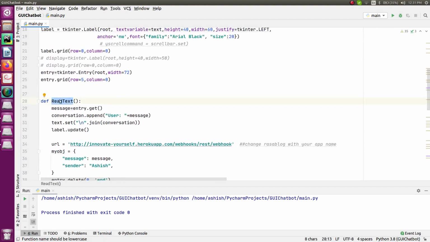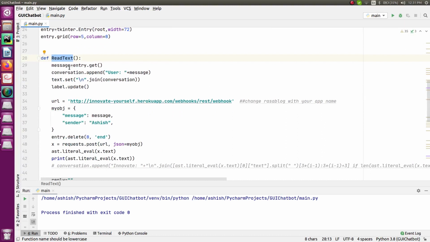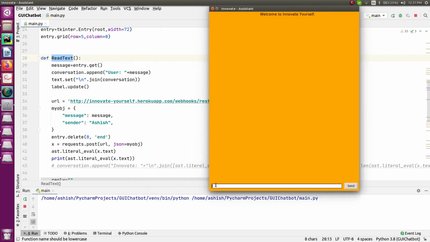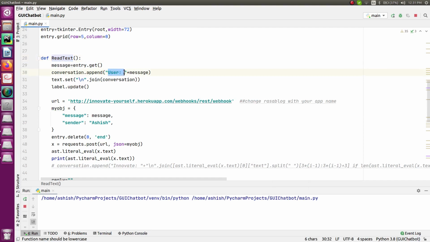So this is the most important thing, in which what exactly we are doing is in the entry block. So let me show you by giving you a demo. Can you see when I click on this? So you can see this is an entry block. In here, when I say hello, hello is there. Now when I click on this send button, the first step that it will do is read that message, it will read that text that you have entered inside the entry block, and accordingly we are just adding it inside the conversation, and also telling that this is a message coming from a user, so you have to display it like that.